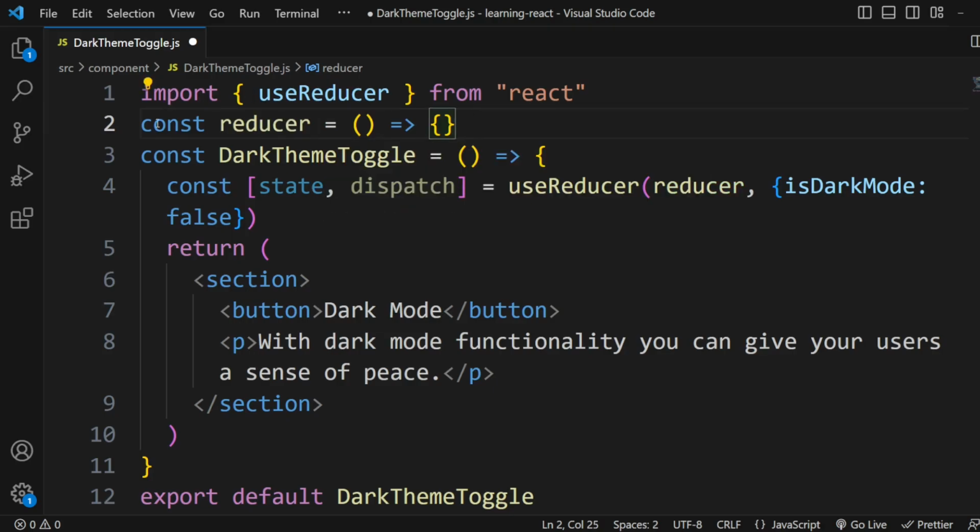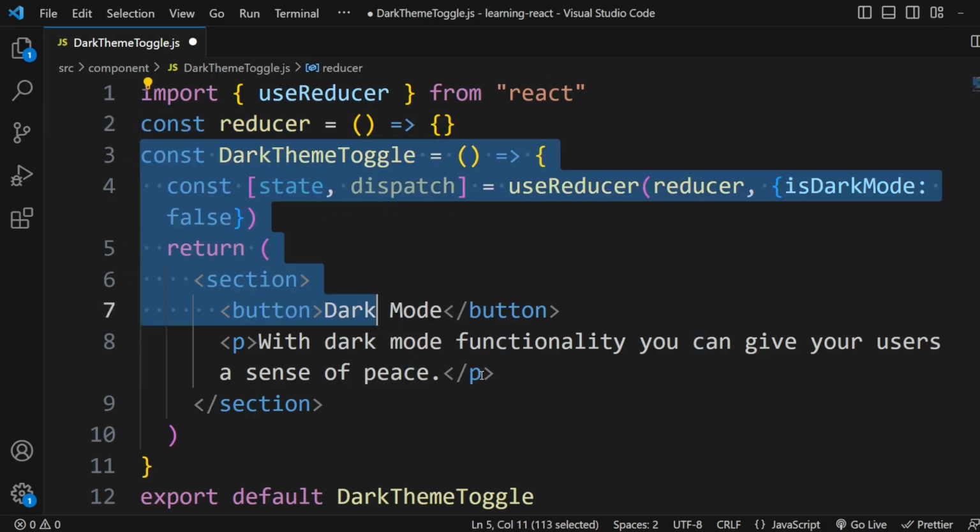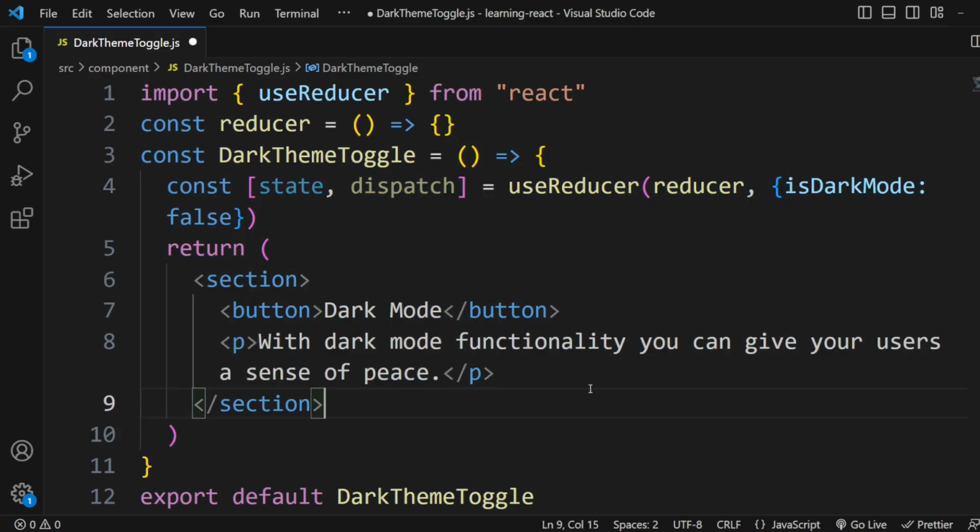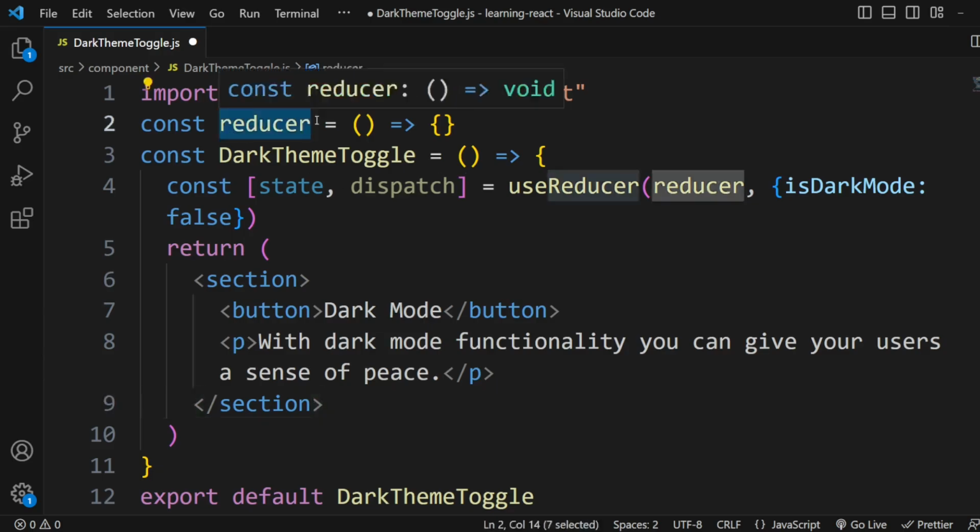When we define reducer outside of the component, we ensure that it is not redefined, which means that it won't be defined over and over again with the same name every time the component renders. Once again, you can name reducer as you want, like reducer dark mode or something, and make sure to point